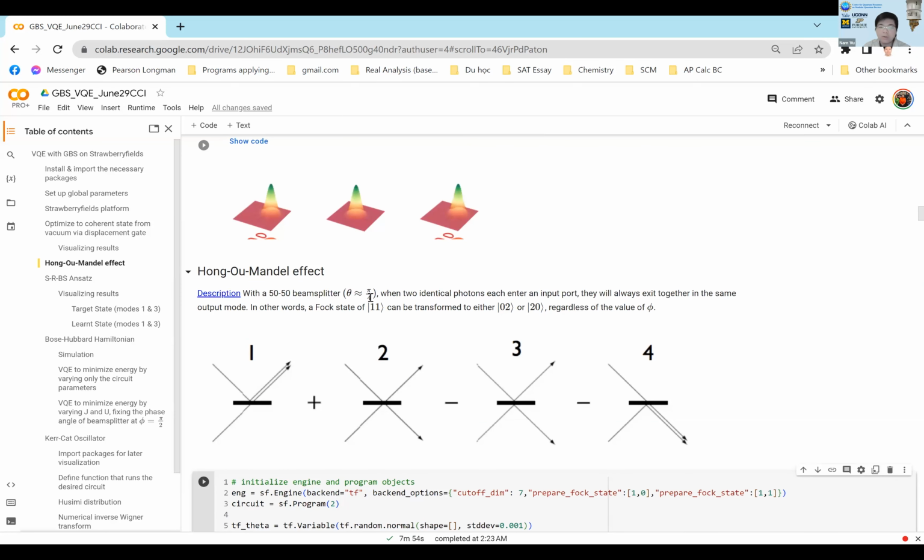Then we should expect theta to be optimized to around pi over 4, and that's very important. Phi, I don't know yet, but we should expect theta to optimize to pi over 4